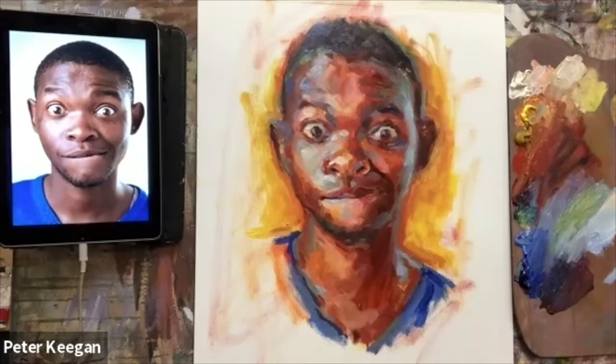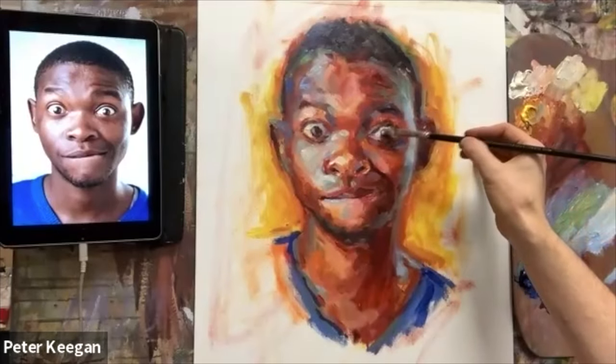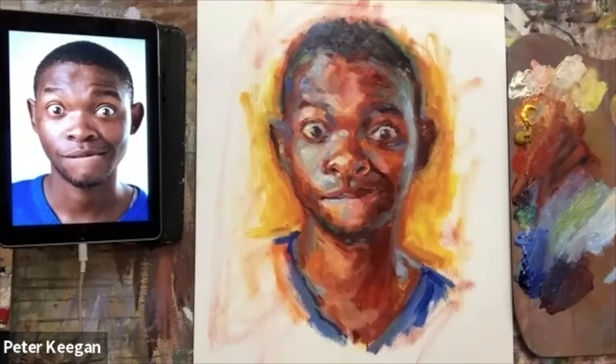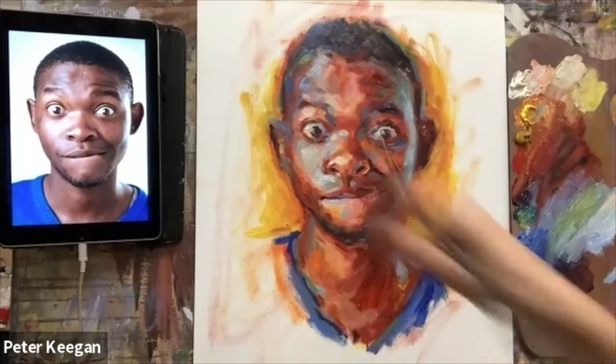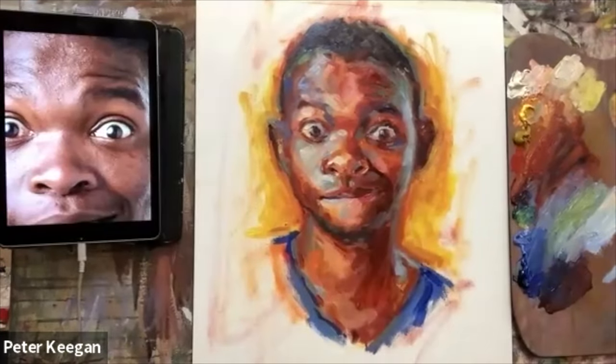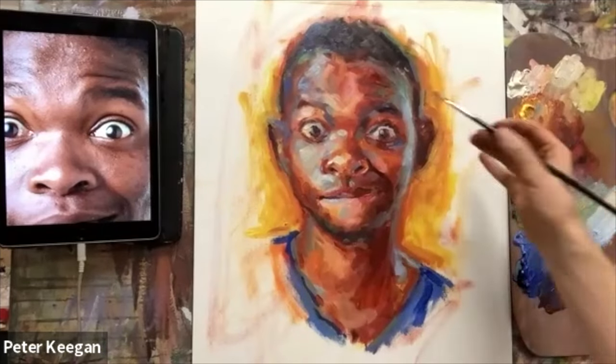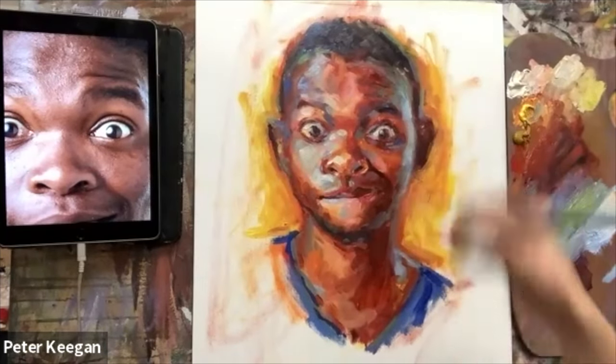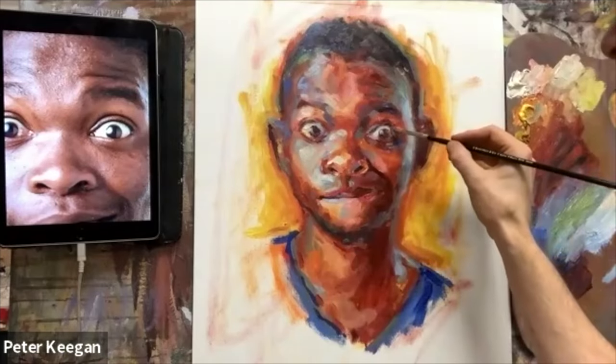So I think I'm pretty much now at the stage where I could overwork it, and I think it's important to take a bit of a break. How am I going to feel about the eyes? I just need a smaller brush. I'm just going to look at getting the edge of that eye a little bit more sound,